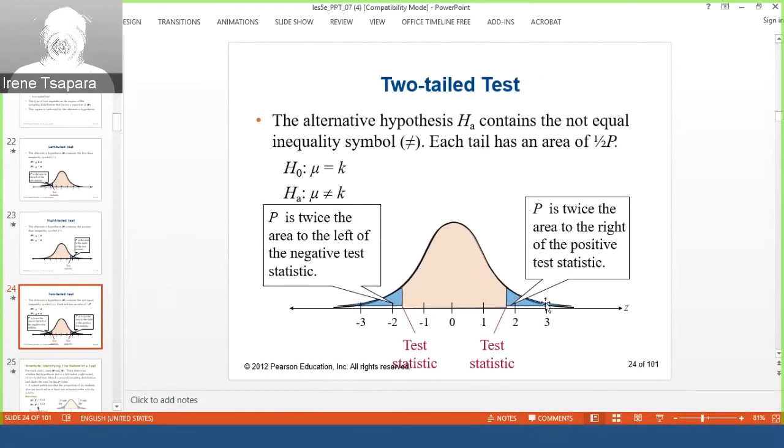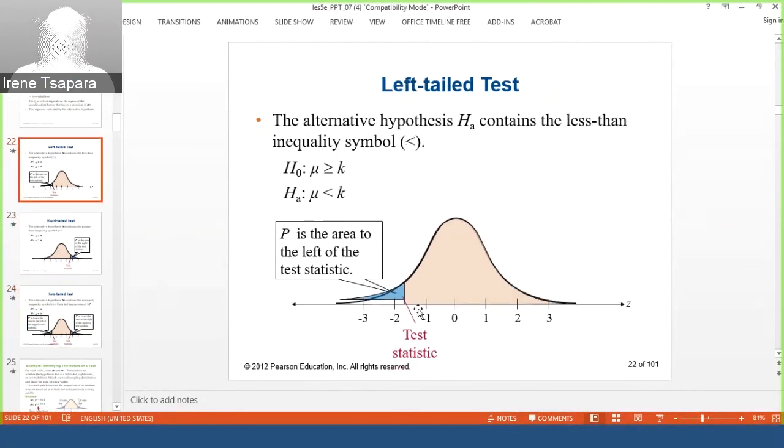Okay, now what's the relation between the alpha, the type of the test that you have, and your p-value? Well, the p-value is going to be nothing else than the probability for your test statistic. What is your test statistic? Your test statistic is the score of your x, whatever the x is, your variable that comes from the sample. Once you calculate that, you find the probability, that is nothing else than the area to the left of that